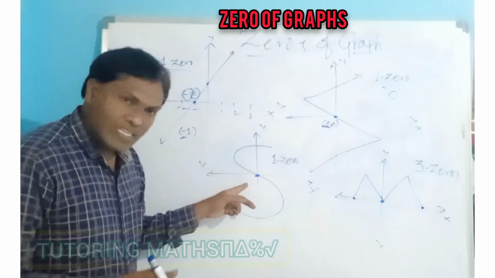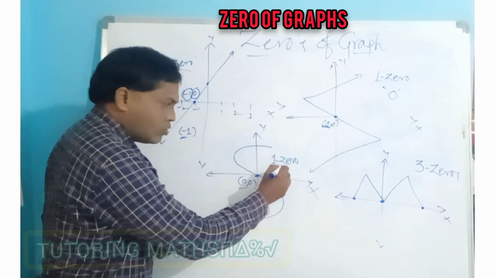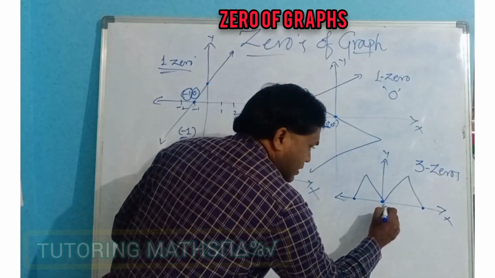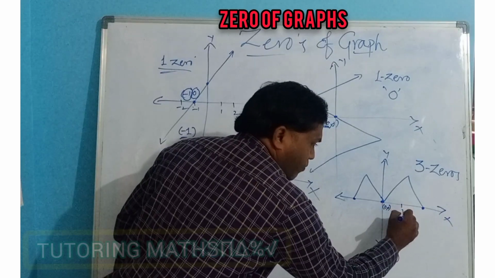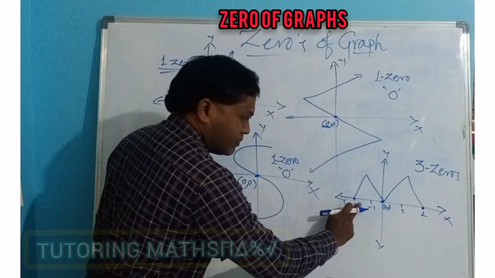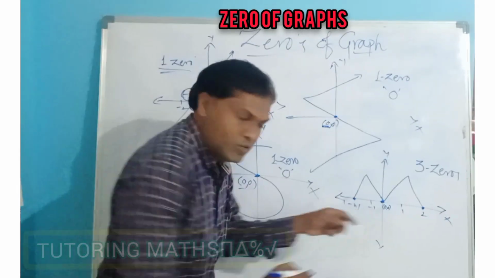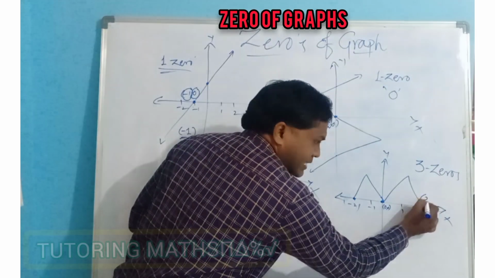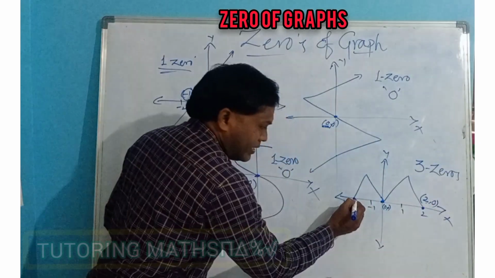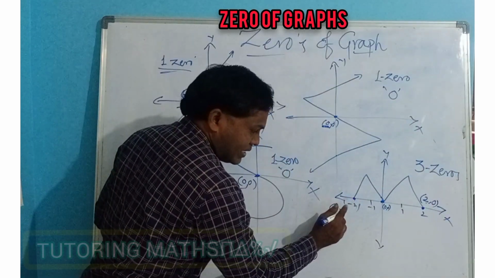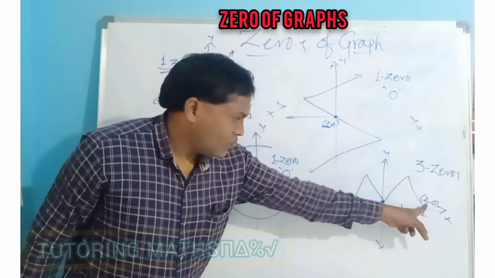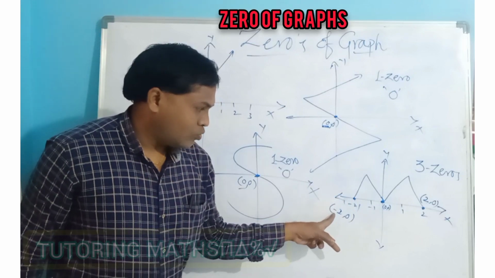And coming to next. This one also is (0, 0). So the value of zero is 0. And coming to here, it is (0, 0) and 1, 2, minus 1, minus 2. Yes, it is intersecting at (0, 0), and this is a point on x-axis, value 2, no y value, 0, and this is a point on x-axis (-2, 0). It is (2, 0), (0, 0), (-2, 0).